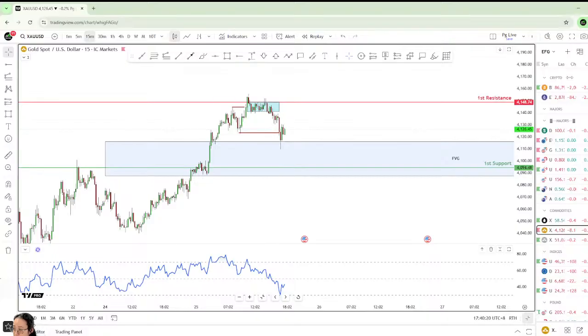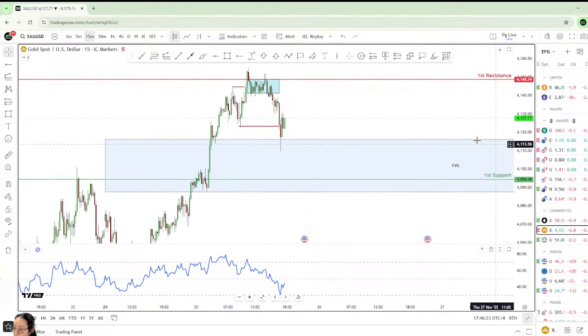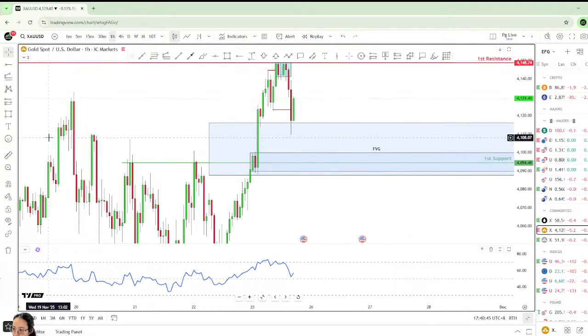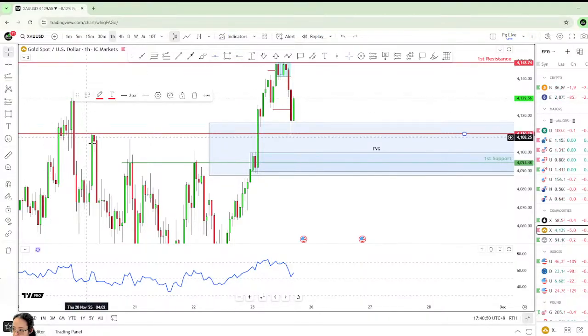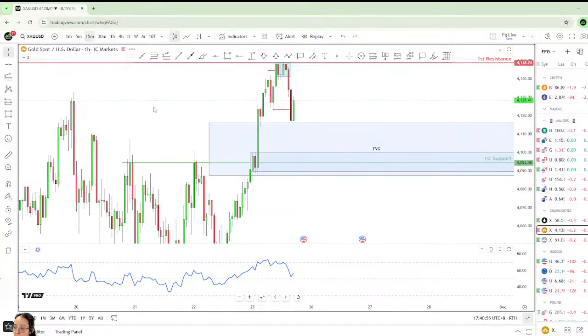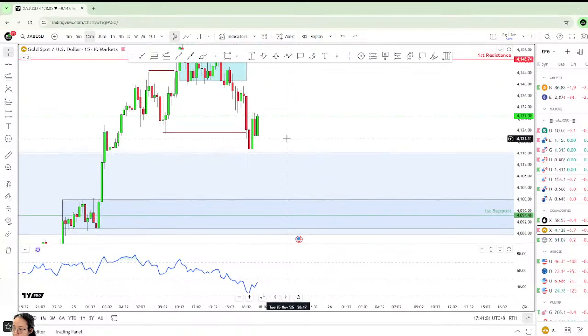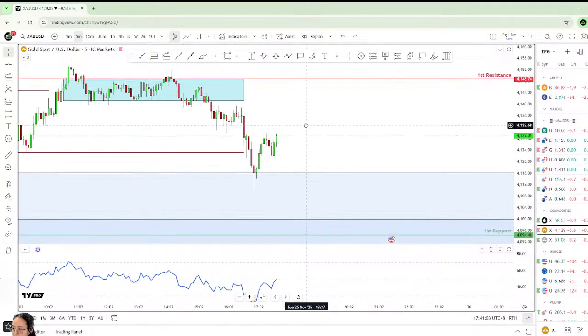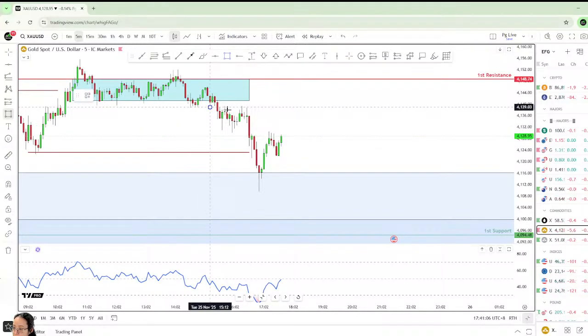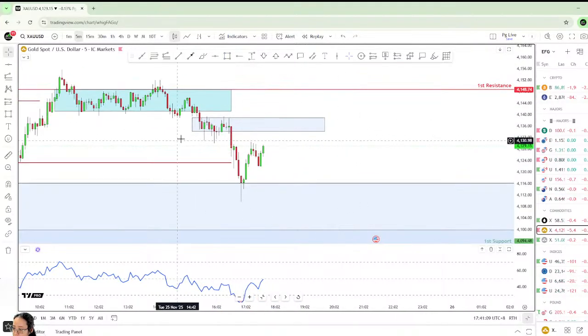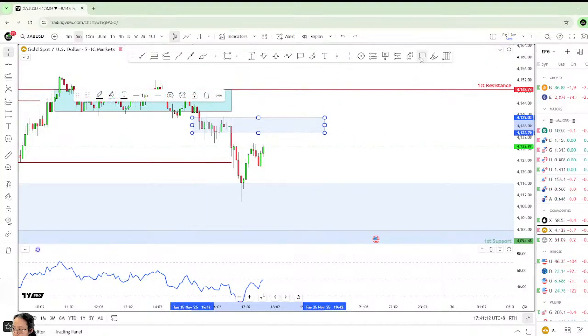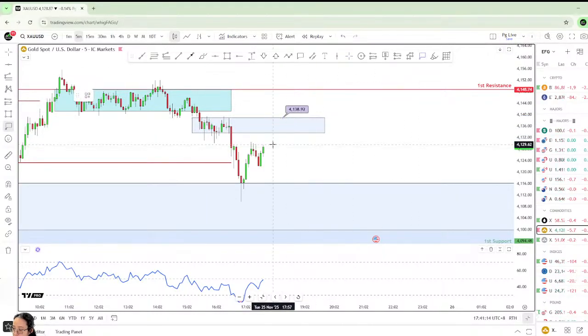What we're going to do now? I'm going to look for the sell entry. Price came to the resistance, and I think they come to this level, like this high, right? But I did not buy. I look for the sell, like I was selling on this level. If I want to sell, I'm going to look for this sell entry right here today. But if you're already happy with the profit, you don't trade, because I think we have a high impact news